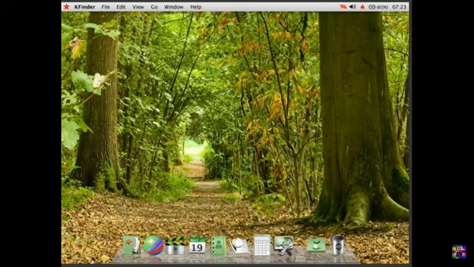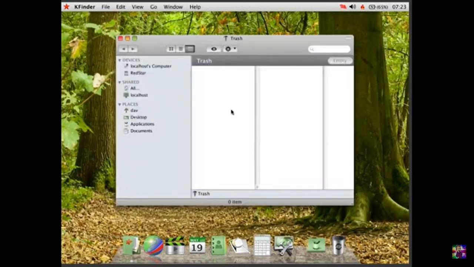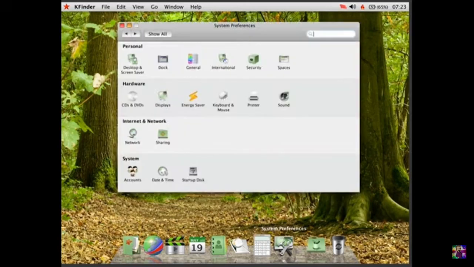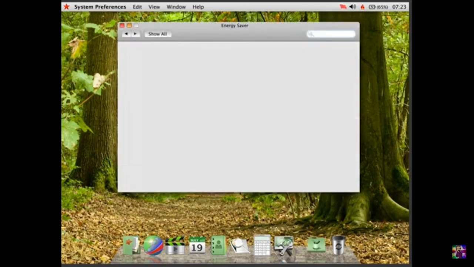DB Arcade, but we use that feature. Got a little trash bin over here, for whatever reason. Whatever you want to use it for. Go back into system preferences. We've got stuff like